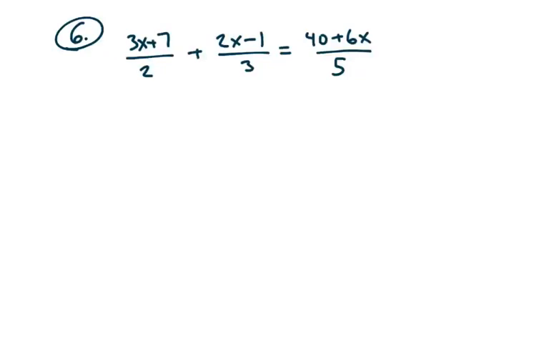Okay, let's take a look at number 6. So in number 6, we can see that we are infiltrated with tons of fractions. So the goal here is to get rid of the fractions as soon as possible because fractions make life difficult. So to get rid of the fractions, we want to multiply through by a number that will get rid of